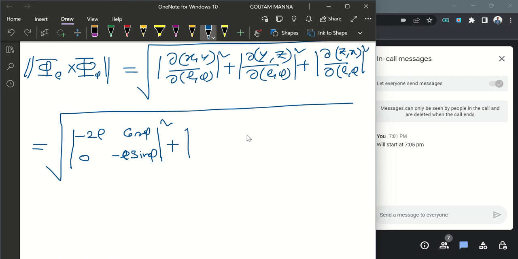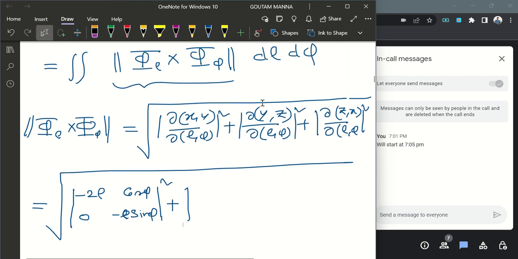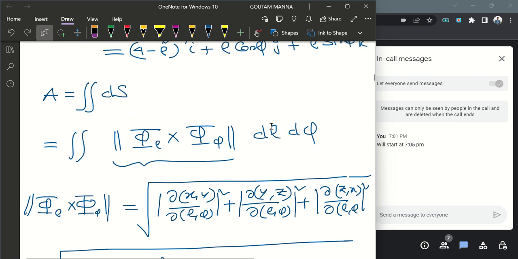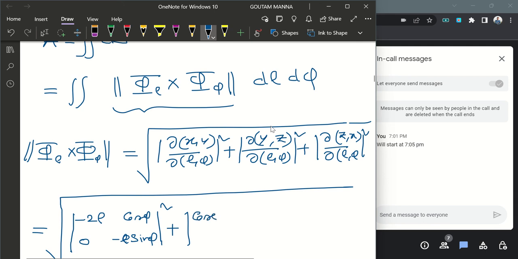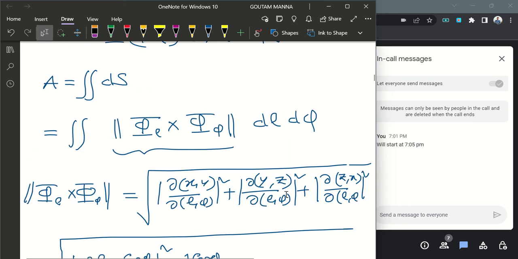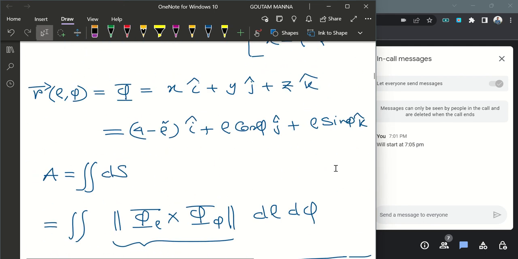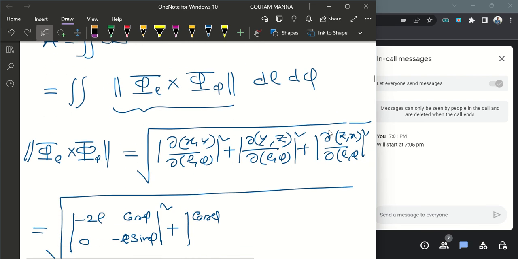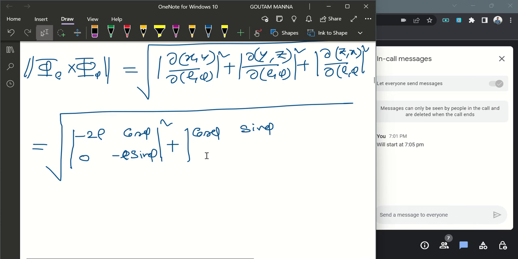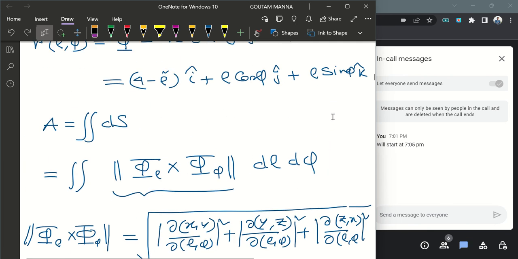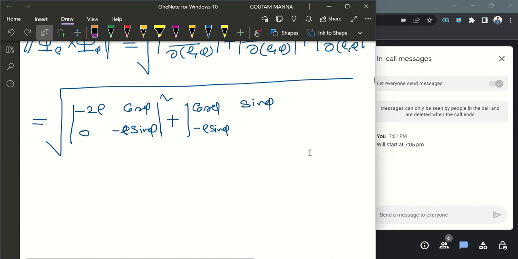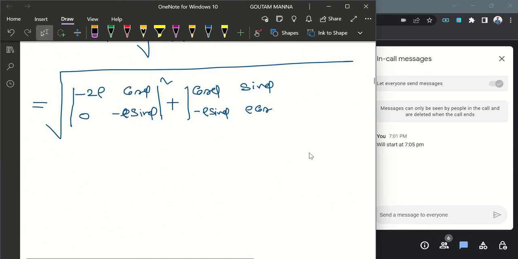Determinant and square, plus, then the first element will be del y del rho, which is cos phi, then del z del rho, which is sin phi because z is rho sin phi. Then we have del y del phi, which is minus rho sin phi, and here we have del z del phi, that is rho cos phi. Determinant of that square, plus